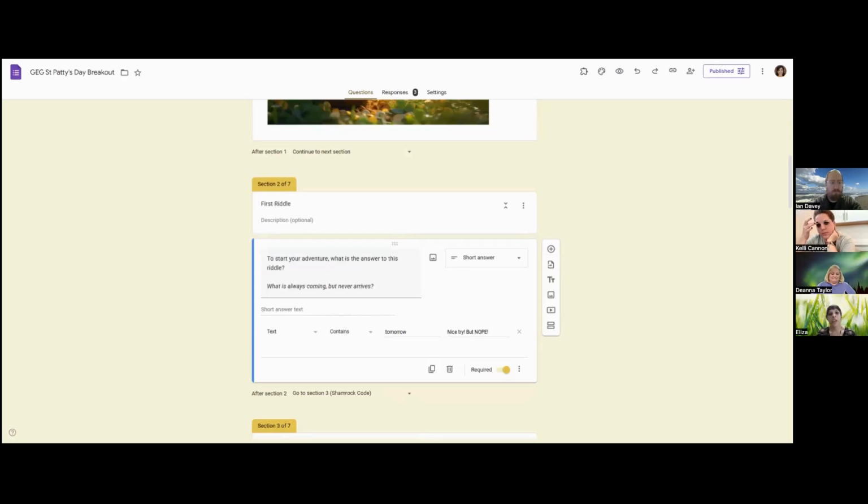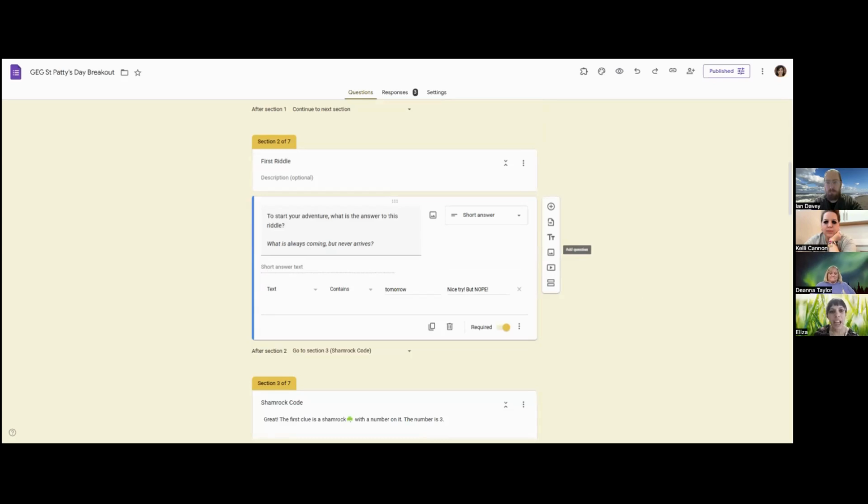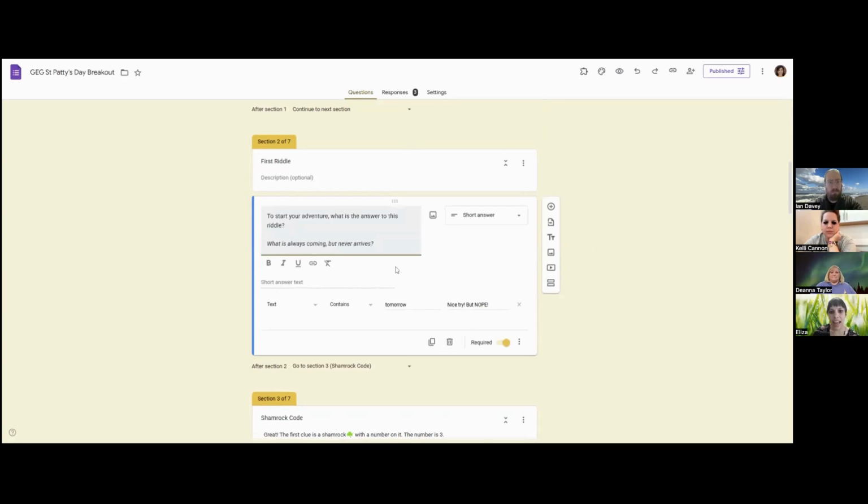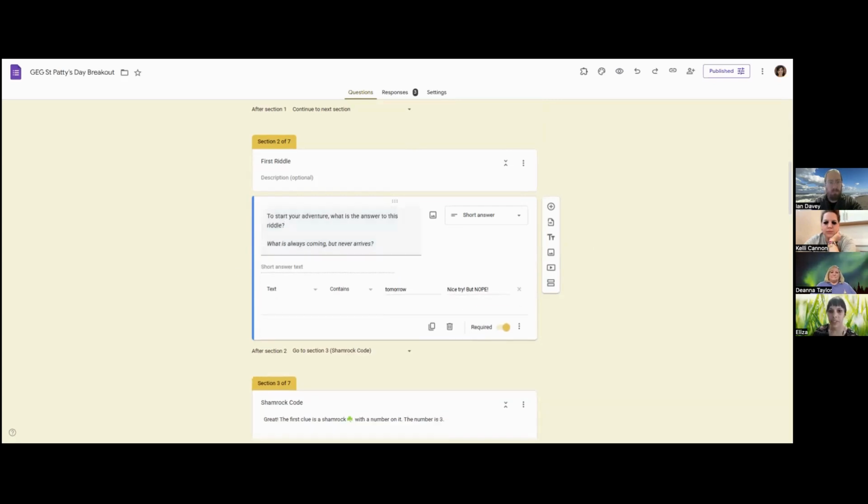So in real life, you'd probably do this to match your content. I was a biology teacher before I started doing DTL, so I might build one of these off of mitosis or cell division. They work really well as an end of unit or end of topic, either assessment or getting ready for testing or anything like that. So I'd have a content related question in here. And then the way that you get it to give you that response validation is through these three dots down here, and you check response validation.